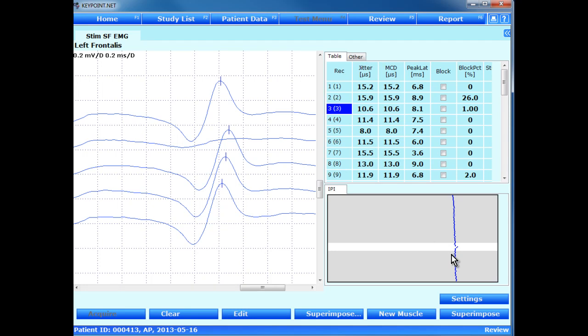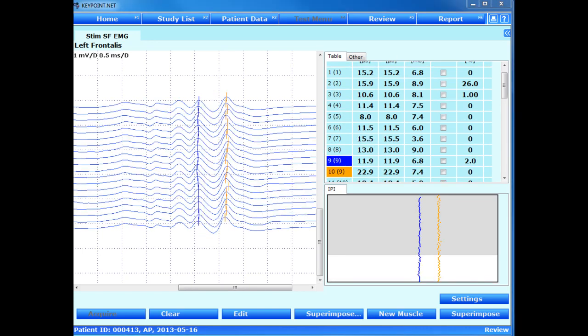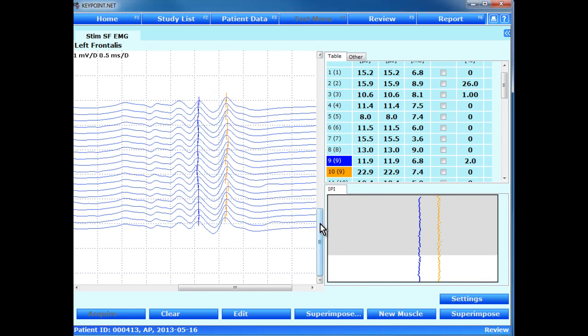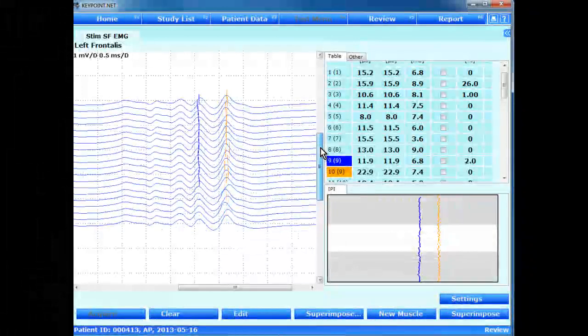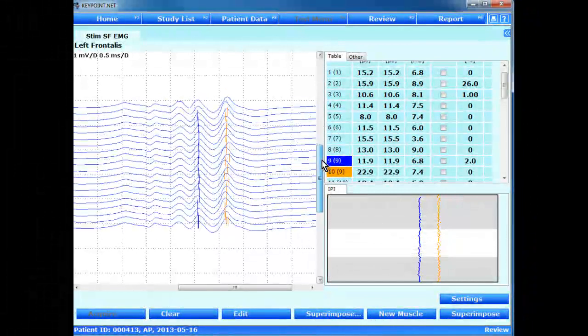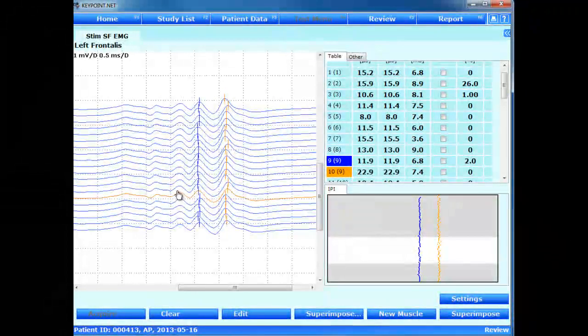Now it is very difficult, and not so important, to do something about this in this situation. I suspect that here the stimulation intensity has been just subliminal, but the jitter is still 10.6, so we accept all this. This is another recording, and it shows quite nice 2 spikes and some spikes of lower amplitude here,